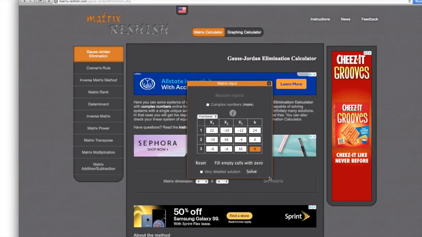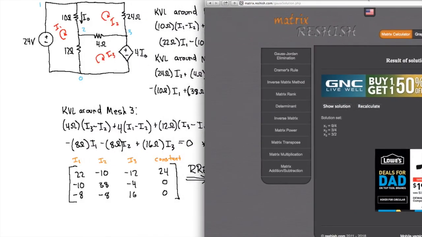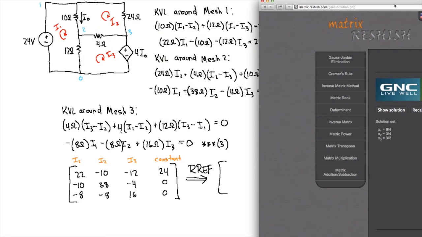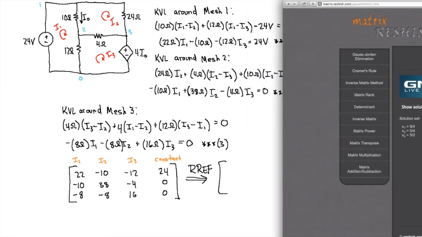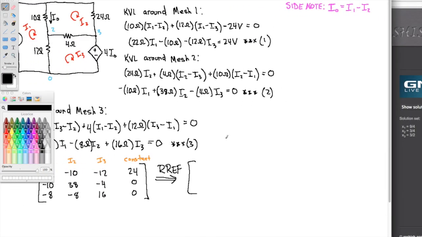Alright, so we'll click solve, and there we go. So it gives us our solution set. And again, this one in particular is not extremely helpful because it does not really show the result of the matrix. If you plug this in your calculator or MATLAB, what you'll see is the following: